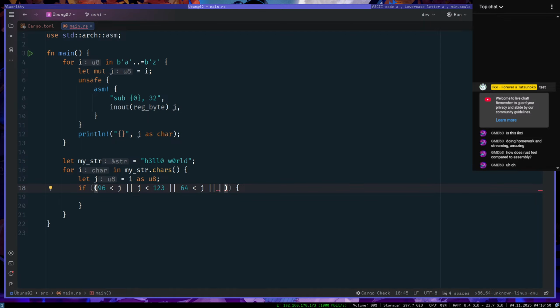Okay, I just confused my cursor. 91. The thing is, I think something's not gonna math here. No, I wouldn't remove these parentheses. That looks weird.